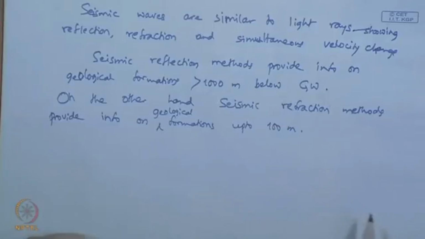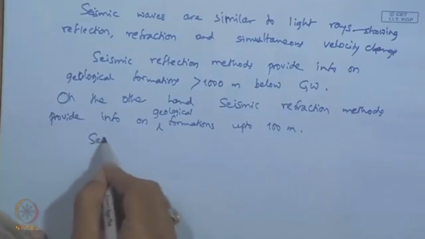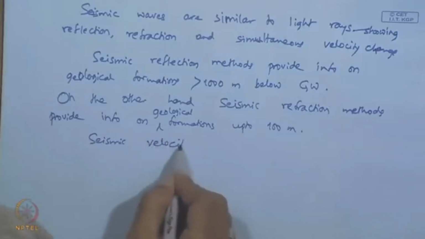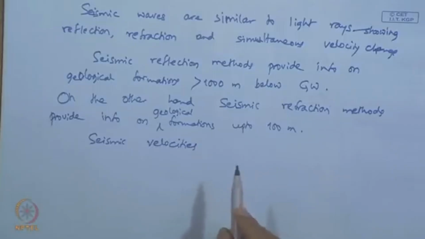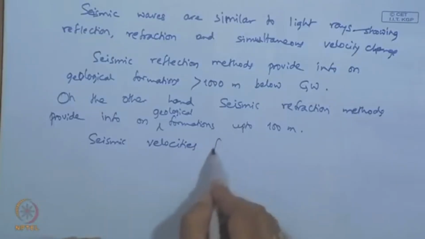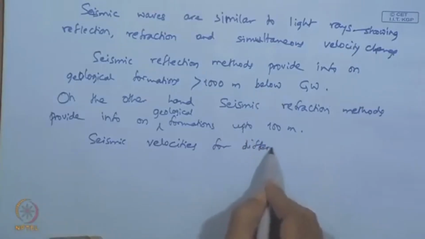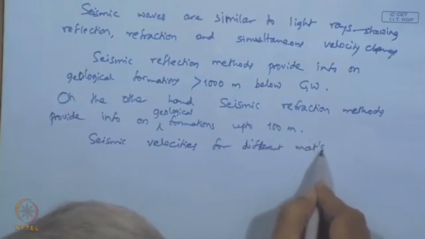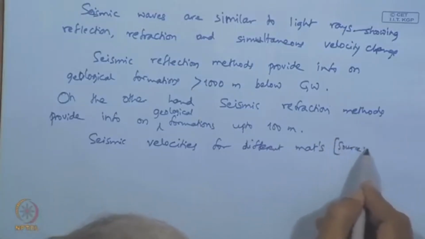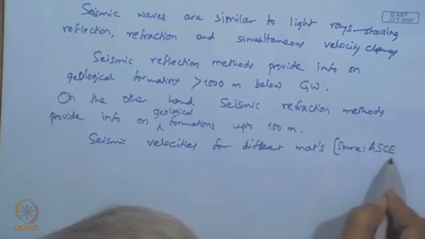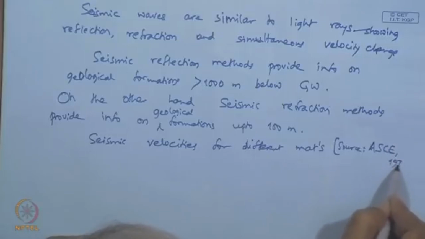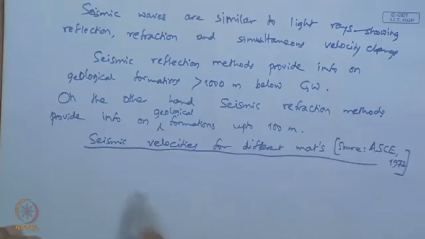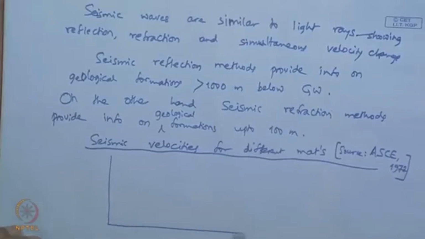So, the seismic velocities for different material are taken from the document of the American Society of Civil Engineers in 1972, and in this case